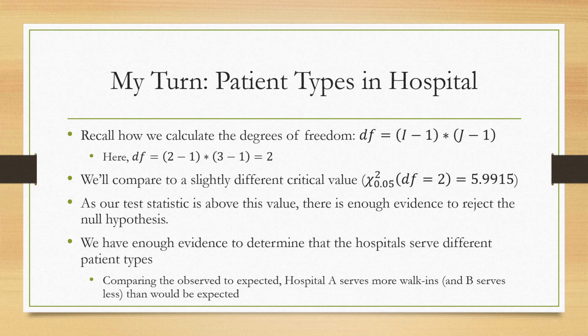language. Do we know that the hospital causes this? Could it be some underlying or confounding factor that's causing that? Well, we don't necessarily know. A bad way to interpret this is, oh, my hospital's hospital A, we have more walk-in patients. It's because we're a way better hospital. That is completely unjustified. We may have evidence that hospital A has more walk-ins